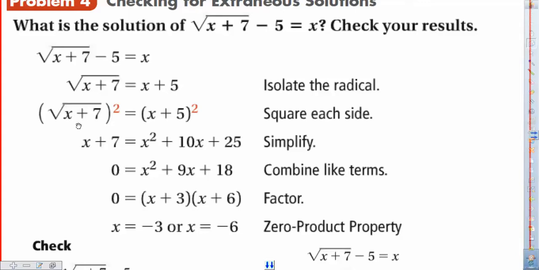I kind of neglected to talk about that. The square root of x plus 7, squared. Since those are inverse operations, it undoes the square root. Now we're just left with x plus 7. Now, guess what we're looking at here? Yes, we are looking at a